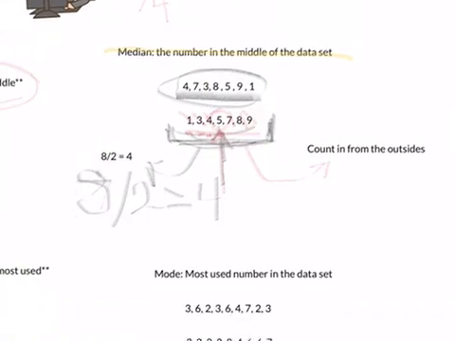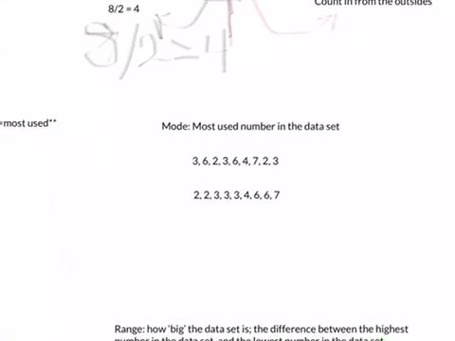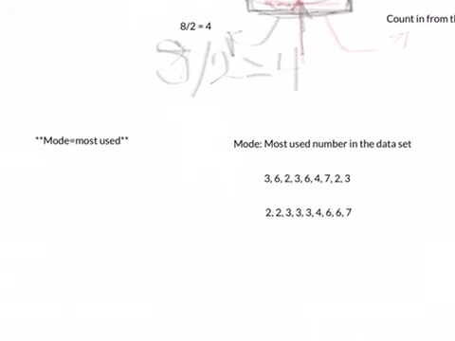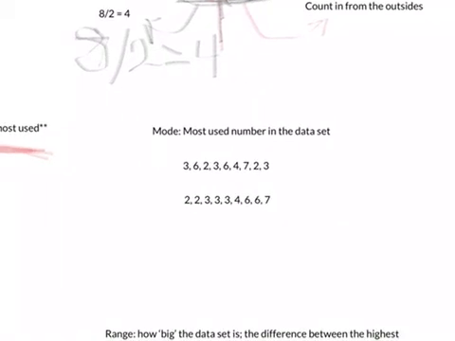Alright, let's see. Now we move on to mode. This is the most used number in the data set. The way I always remember this was that mode kind of sounds like most, so mode, most used, okay? So, the mode is the most used number in the data set. So if we have a data set right here,